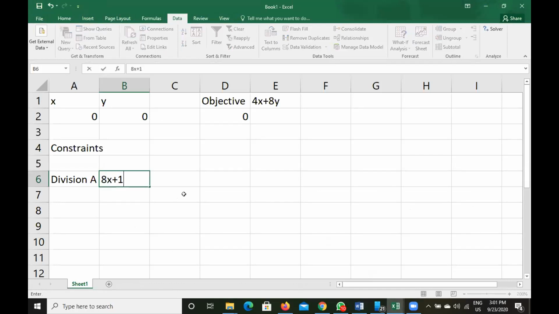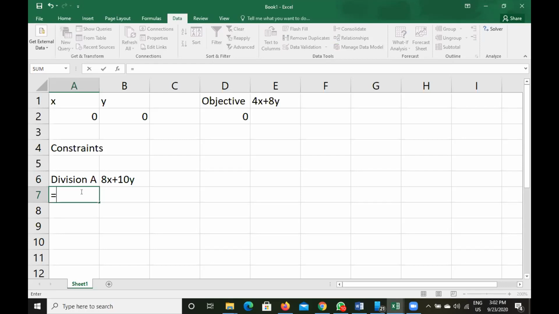So 8x plus 10y. Now we will write the formula. As I said before, when you write a formula, you have to start with equal. So the formula for the first constraint, division A, is 8x plus 10y.